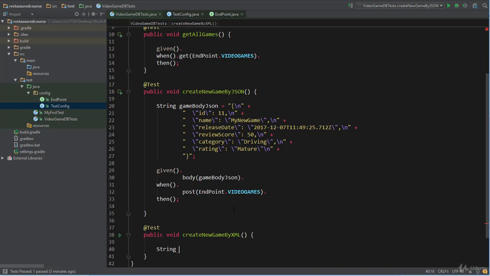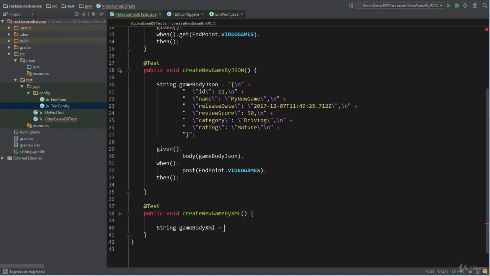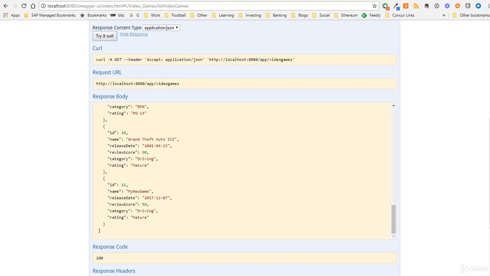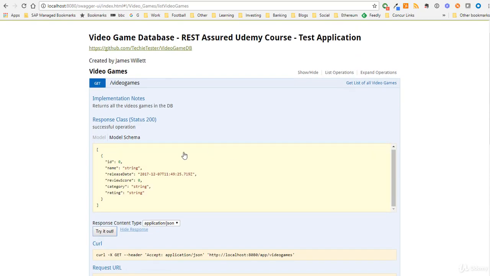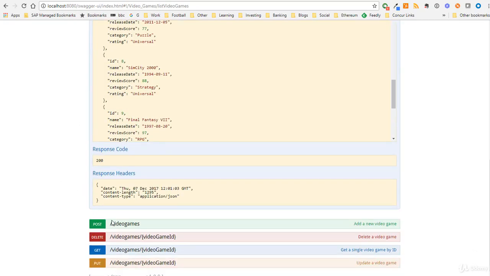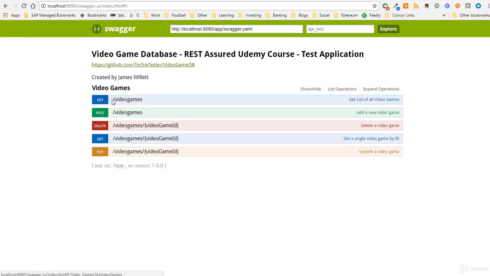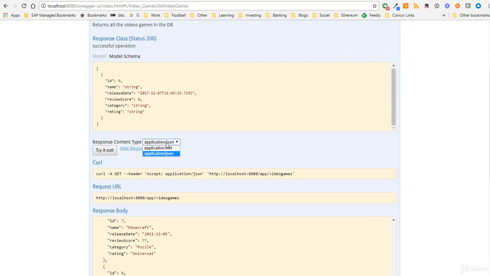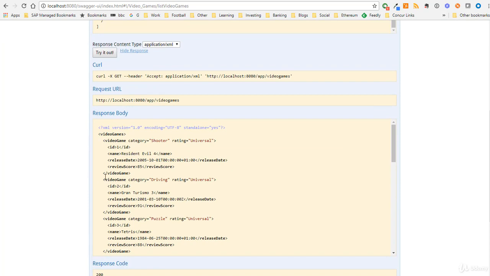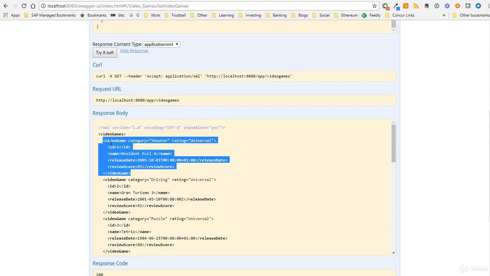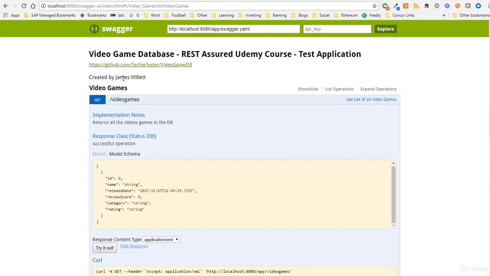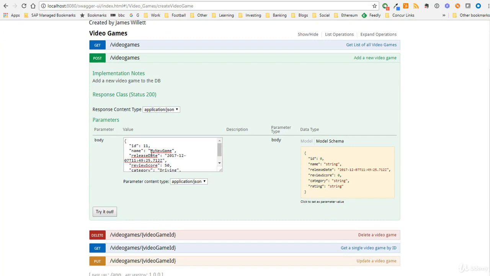Firstly, we need to have an XML string, so we'll call this string game body XML. The XML format is similar to the JSON format, but it's obviously slightly different because it's XML. If we wanted to get an example of what it looked like, we could call our original video game endpoint here, the get endpoint, and we'll change that to application XML. So we can see this is what the data looks like in XML. So let's just copy one of these